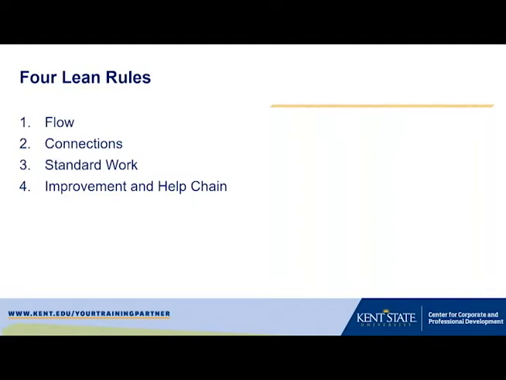When we have problems, and companies that are really lean thinking embrace problems, they see problems as opportunities that challenge the status quo, that provide opportunities to identify better ways of doing things. And that's done through what we call a help chain. So again, we're valuing people. You don't work alone. You work better as a team. Many hands make light work. More ideas are better.